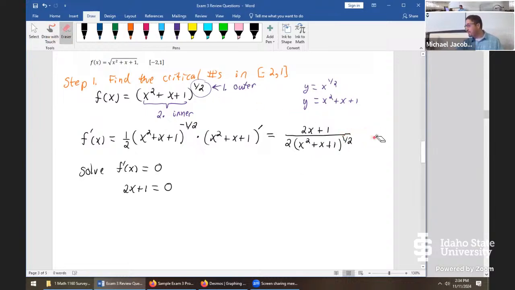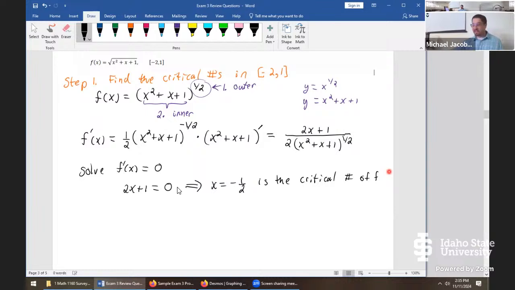And the algebraic idea here is the only way a fraction is ever equal to 0 is if the numerator is 0. That's why we took the extra time to clean this up and not get overwhelmed with things that didn't matter. So this is an immediate critical number. This implies x equals -1/2 is the critical number